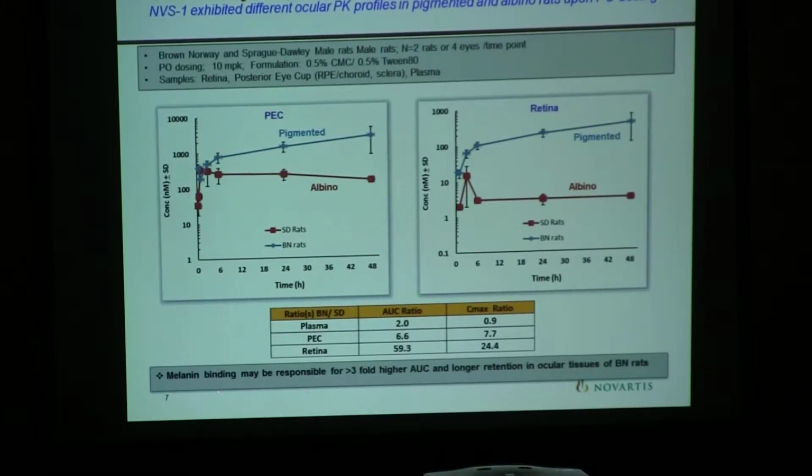It's a log scale. So there's at least, I guess, a 6 to 7-fold difference in the area under the curve for posterior eye cup. And if you look at the retinal concentrations, in pigmented eye you would have significantly higher, almost over 50-fold higher AUC than in albino or non-pigmented rats. So this clearly shows that when you have a drug that has high affinity for melanin, you may see completely different profiles. This triggered an internal exploratory work